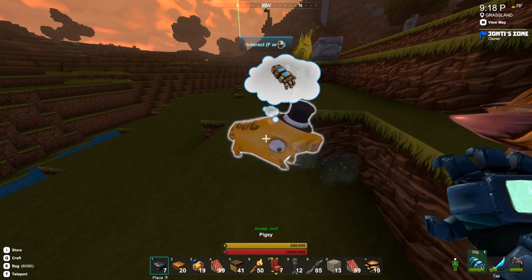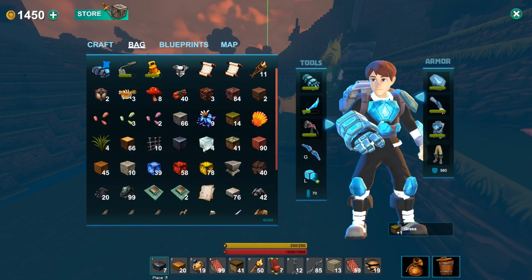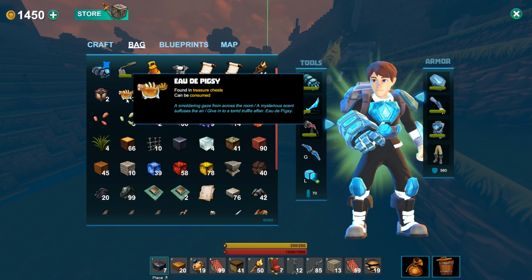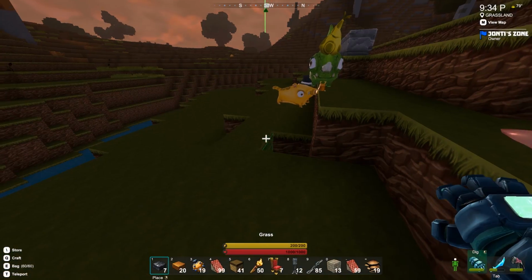Look at this poor thing, I'm sucking the life out of him. Come here, and it flies him away, and we got a piece of grass. Was that it? Was that what we got out of him then, a piece of grass, or did we actually get some other pigsy? We've got some seeds, very kindly donated to the